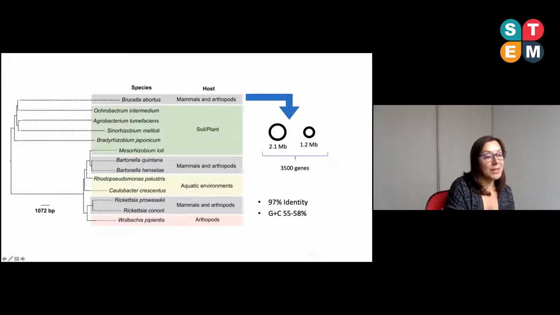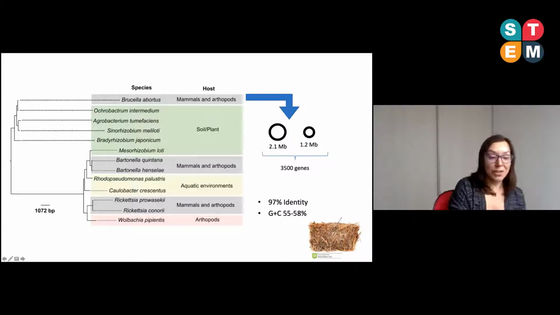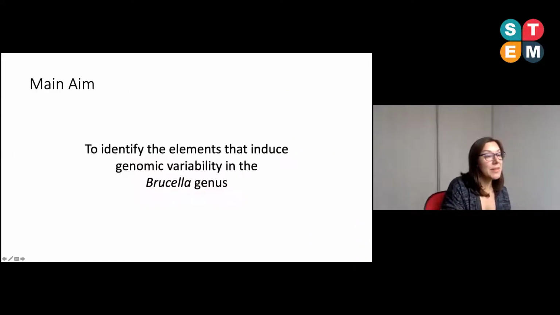And that's why we say that we are looking for the needle in the haystack. With our studies, we have aimed to identify the elements that induce genomic variability in the Brucella genus, as I was saying, in order to understand a bit more about that specificity of host preference and variation of